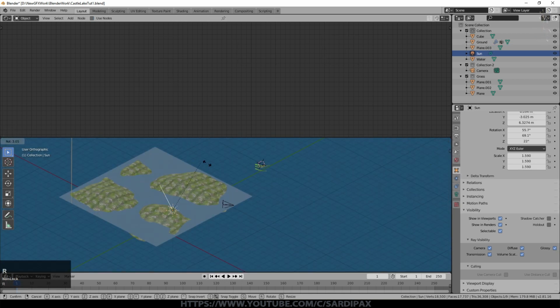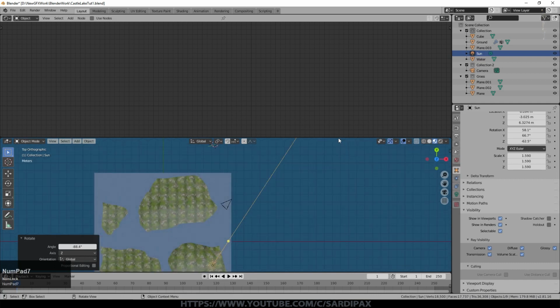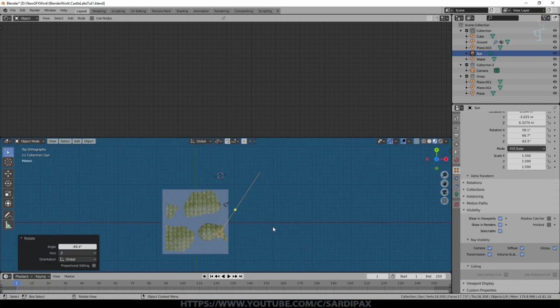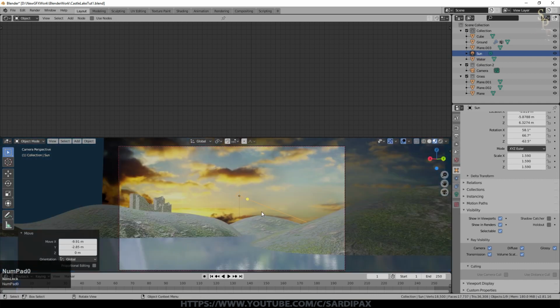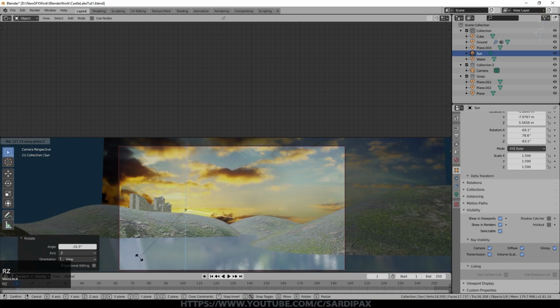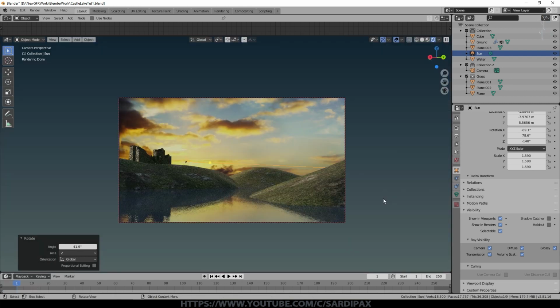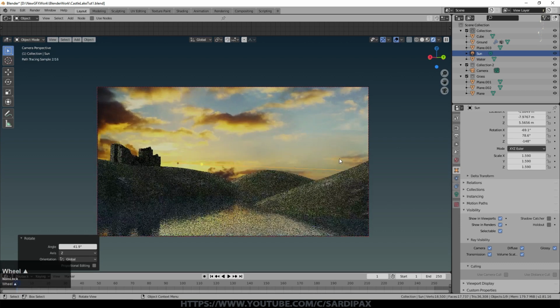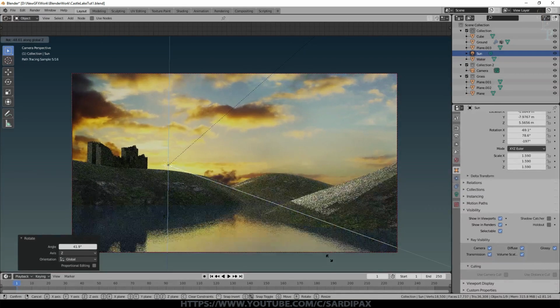And now we're going to zip our sun around. Although, again, the actual position of the sun doesn't matter, it makes it easier to work out what you're doing and where the sun is shining if you do it this way. Because obviously the sun's shining almost into the camera. And let's see what that looks like. If you use HDRIs, you don't necessarily have to get into this. So you can see there is the sun shining there.